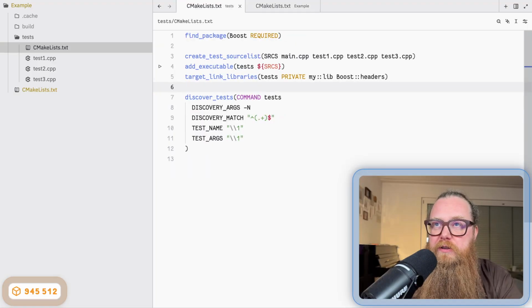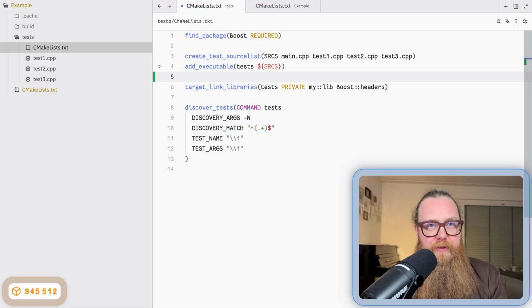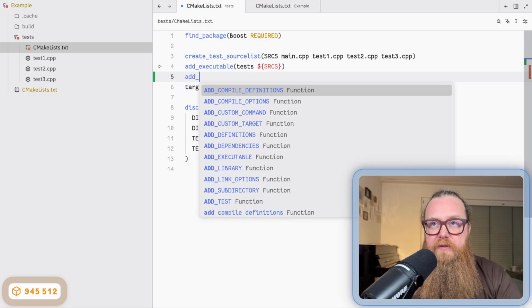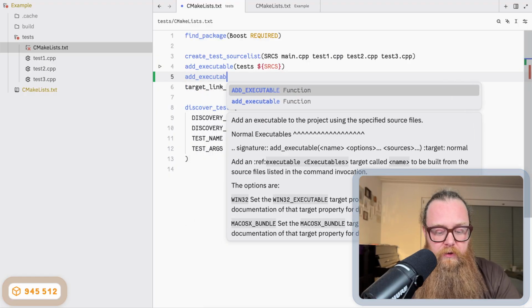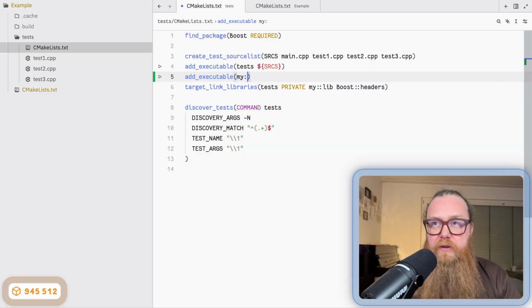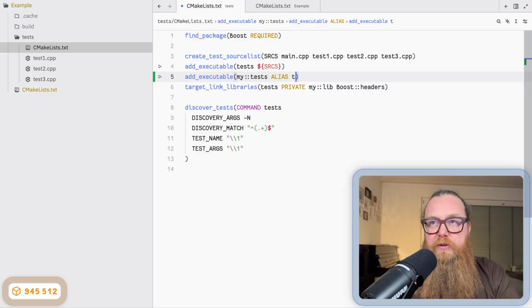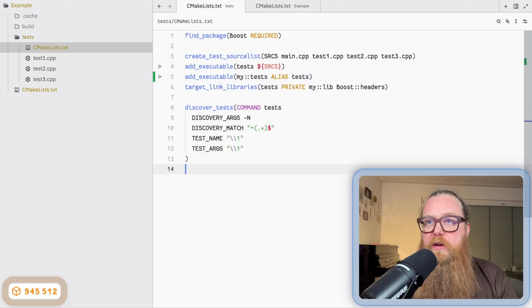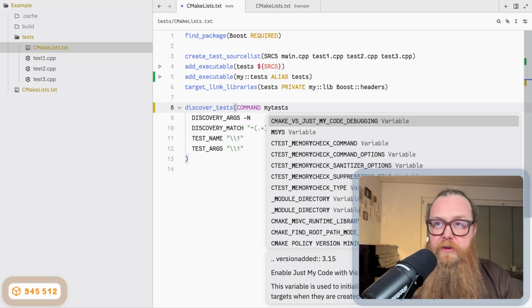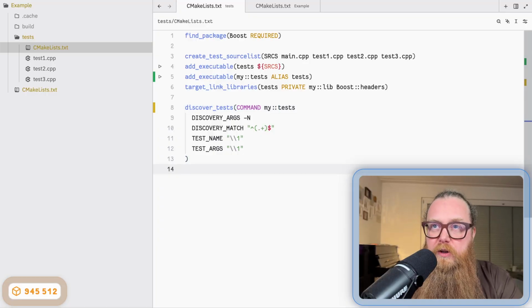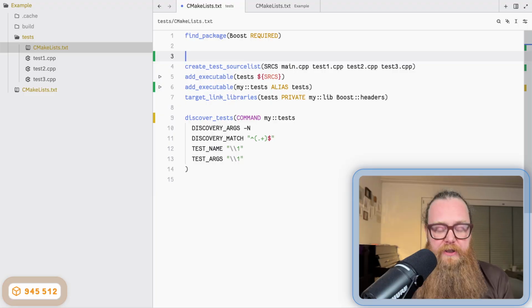So in this CMakeLists.txt file for the test, whenever you create an executable, you also want to create an alias for that executable. So we do add_executable, and this we call it my::tests, which is an alias for tests. Okay, and then in this discover tests command, we want to use the name that can be used downstream, the syntax with the ::